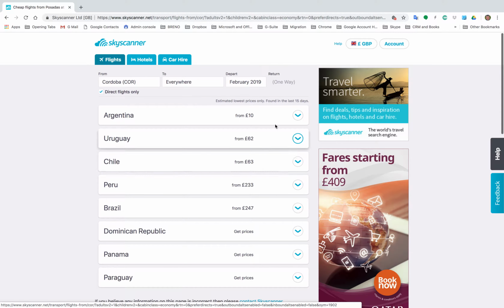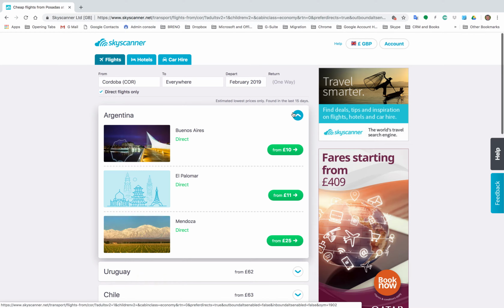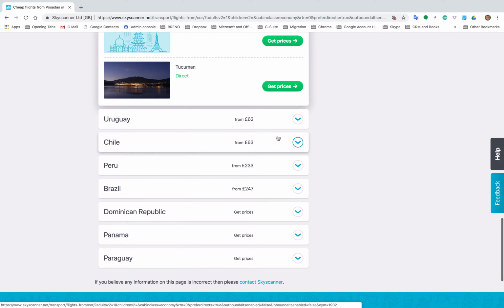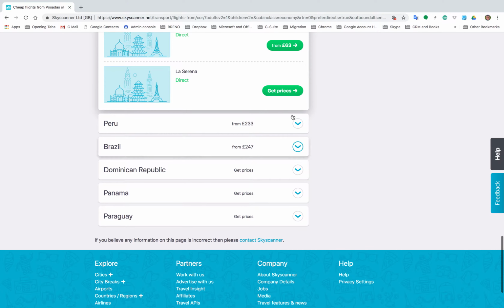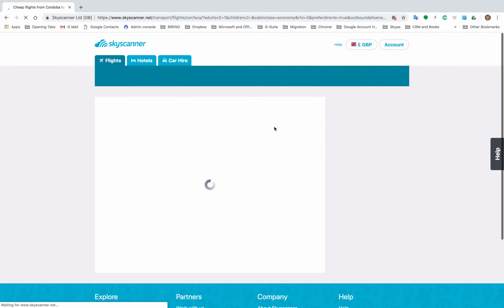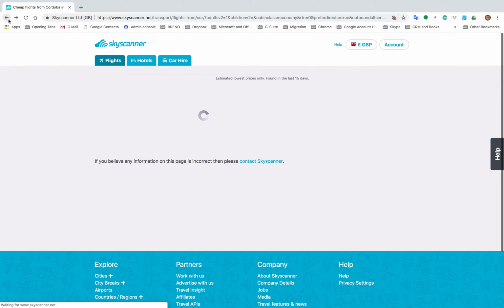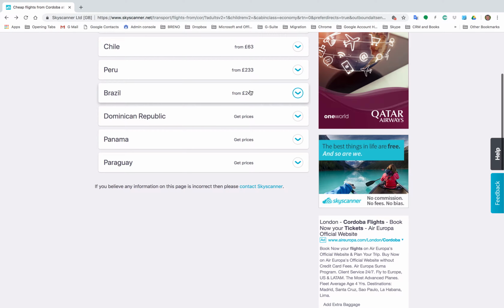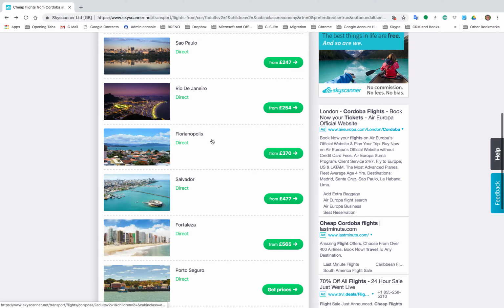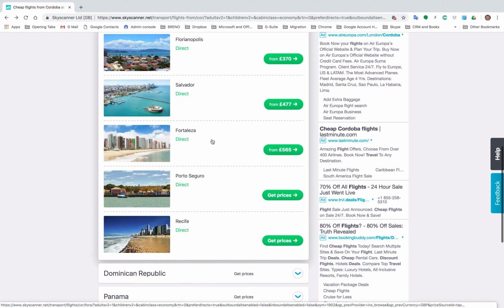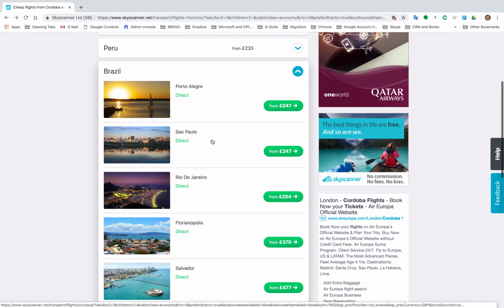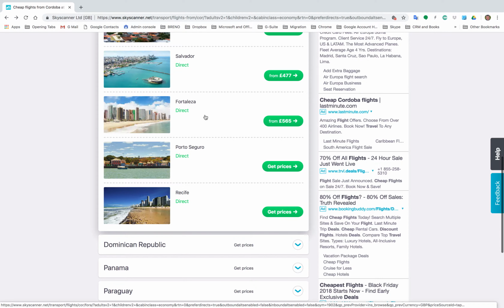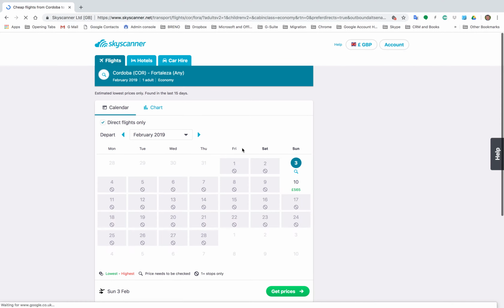So that's where you can go to from Cordoba. You go to Argentina, obviously, you'd expect that. Uruguay, useful to know. Venezuela, Chile, well, I guess you'd expect that. La Serena, maybe I don't know, but that's interesting. Brazil, this I thought was fascinating. In Cordoba, look at all these destinations, that's Fortaleza. So that suddenly connects northern Brazil with an itinerary.